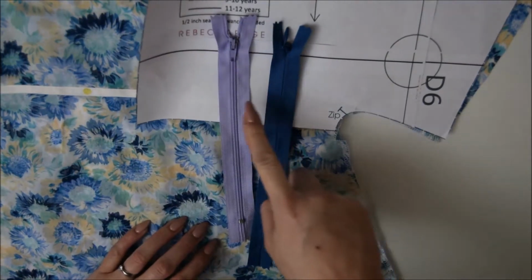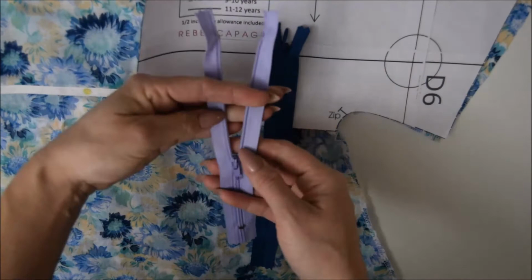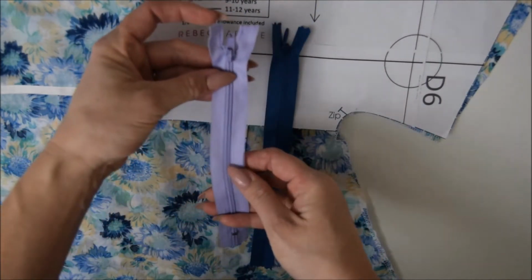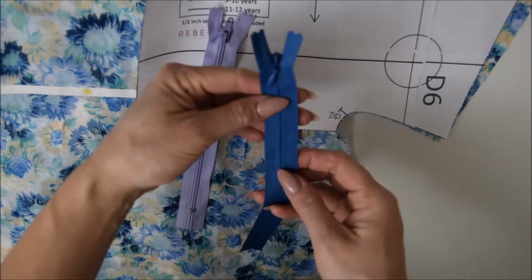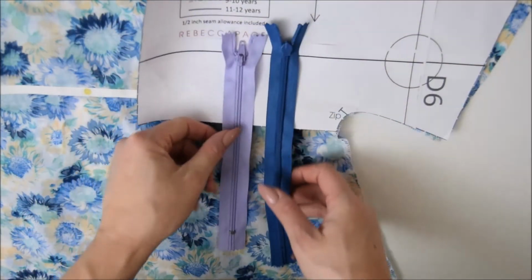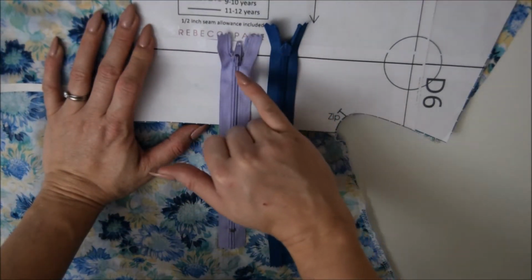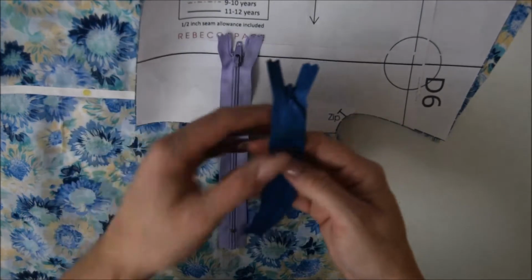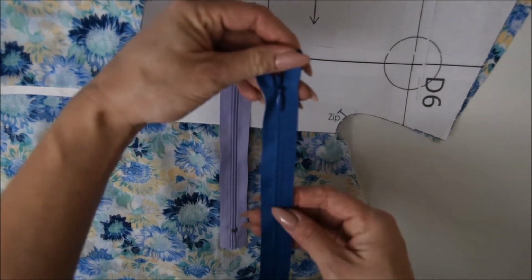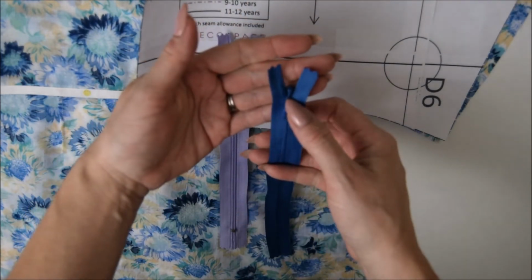this is an invisible zip, this is not an invisible zip. So this one here, you can see the zipper teeth stick out and they are protruding above the zip. This one here, the invisible zip, the teeth are actually on the opposite side. So you can see here the teeth are both sticking out, but the zip is underneath and the zip is on top. So that's essentially what an invisible zip is: the teeth are underneath versus on top, where the